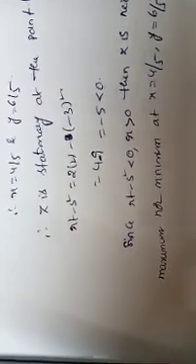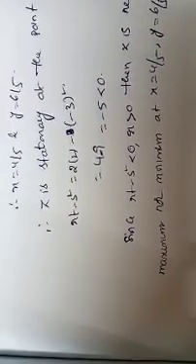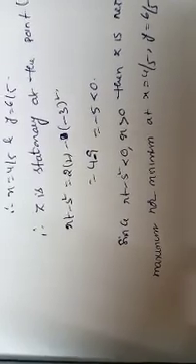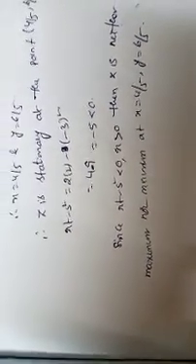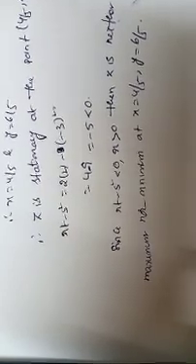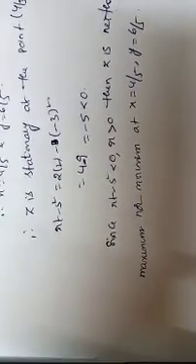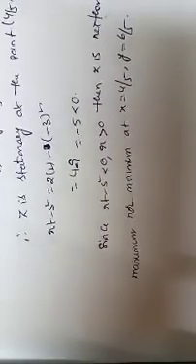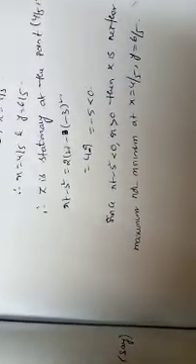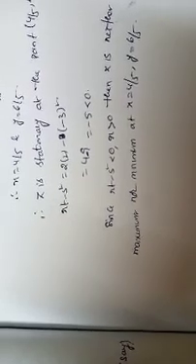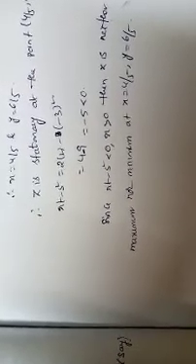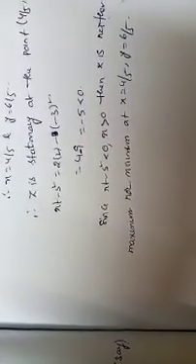So the given function z equal to x square minus 3xy plus y square plus 2x is neither maximum nor minimum at x equal to 4 by 5 and y equal to 6 by 5. We checked the value of rt minus s square, which is less than 0, and the value of r. What is the value of r? R equal to 2, which is also greater than 0. Using that we can say that it is neither maximum nor minimum at the point x equal to 4 by 5, y equal to 6 by 5.